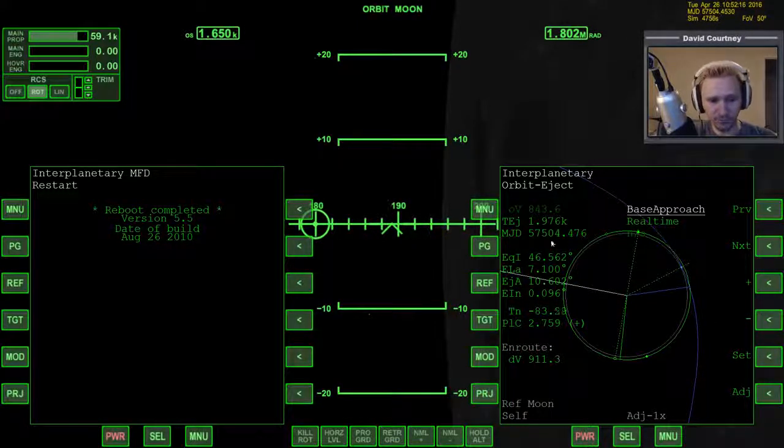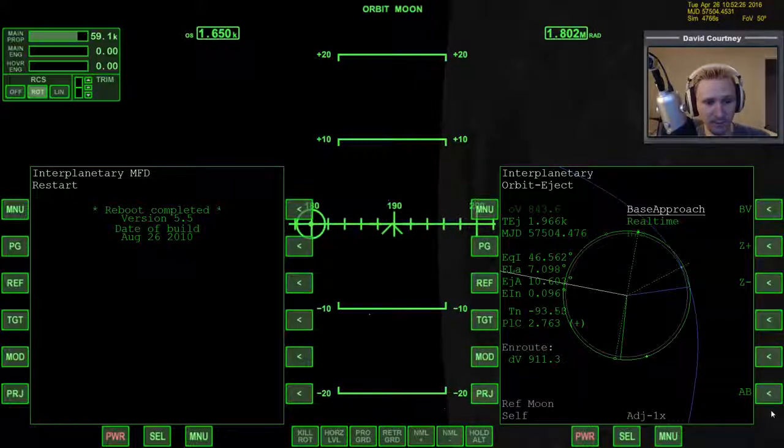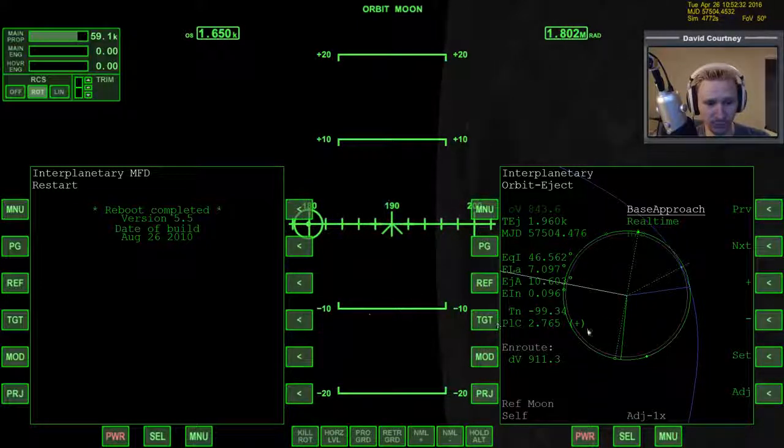I could fly this plan just like it is. I could actually just go to page, hit the AB, which is auto burn, and it will do a pretty good job of taking me where I want to go. But I know from experience and from all the time I've spent with Dimitri that this plan is about as accurate as